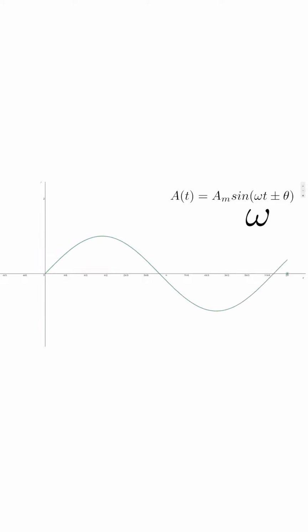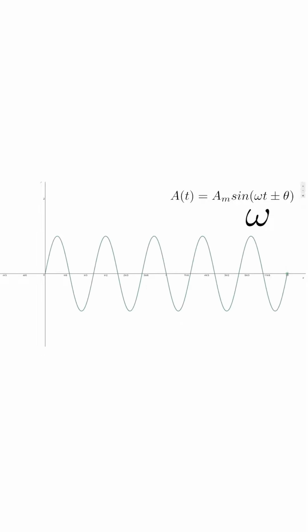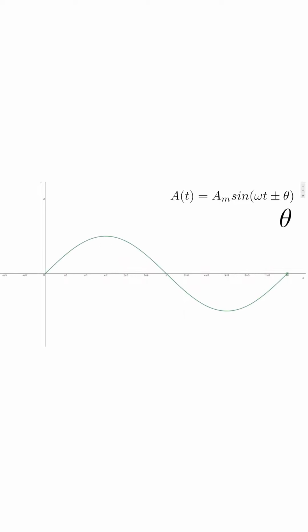Omega is the angular velocity, the speed at which the angle changes within the circle. Angular velocity is defined as 2 pi times frequency, the number of oscillations per second. Theta is the phase and changes where the wave sits on the line. There are two ways to describe